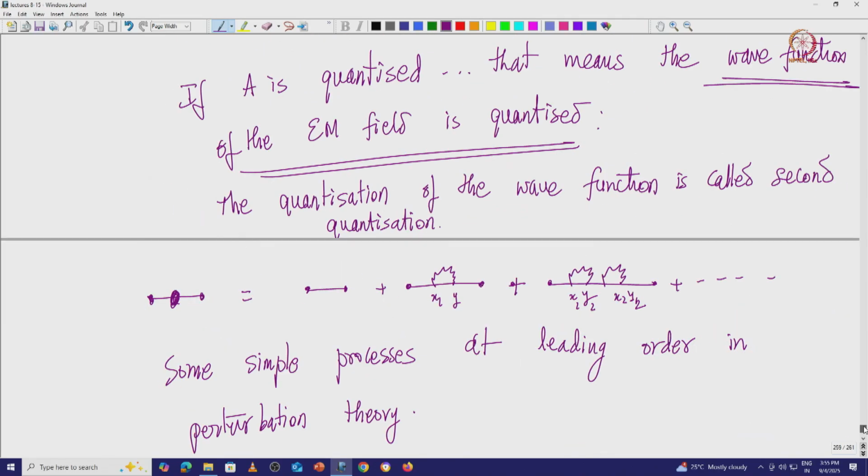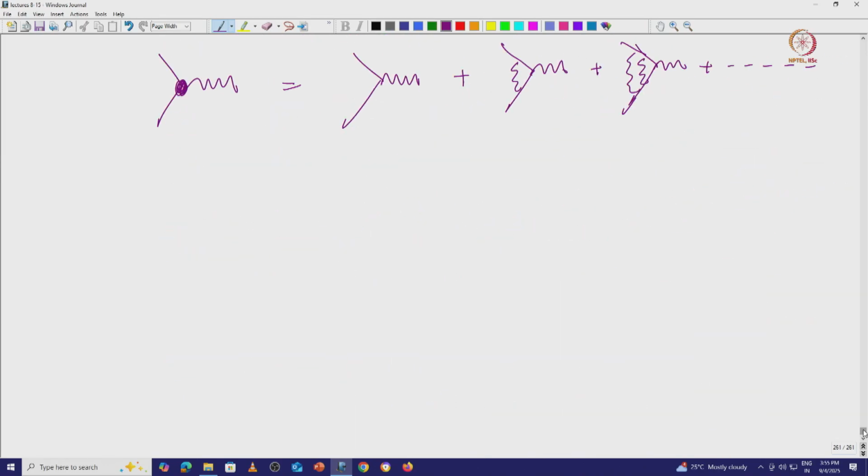But for tree level processes, the technology is the same. Once you get the Feynman rules, it does not matter whether they come from quantum field theory or from relativistic quantum mechanics using Green's function methods. The calculations are identical, and once you use the Feynman rules they are all equivalent, and this is precisely what the Dyson series tells you. The Dyson series tells you that calculations order by order using the Feynman rules are equivalent to using the full Green's function methods. Good. So, with this we will come to the higher order corrections and their interpretations, okay. So, the summary is that